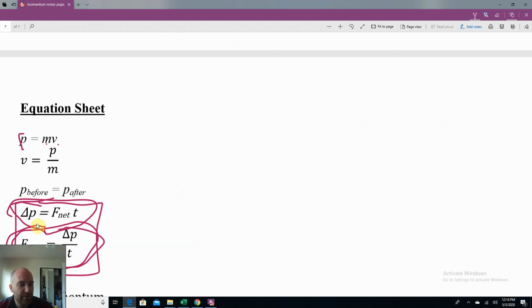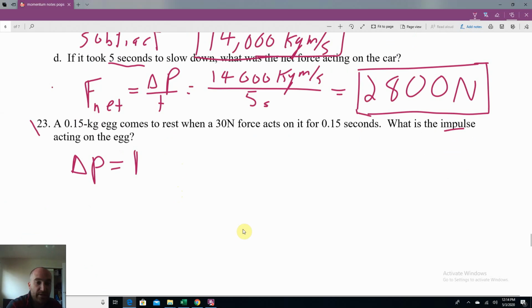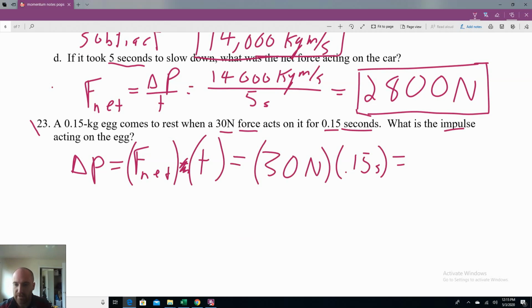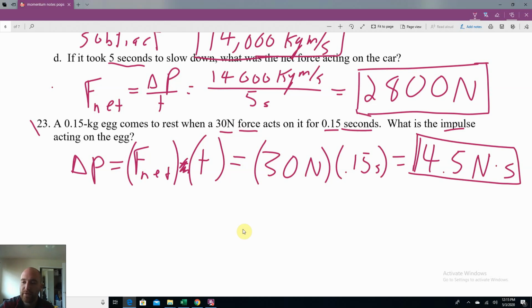Delta P equals F times T, because it's an equation for the change in momentum, which is what impulse means. Oops. F net times time. Okay, the force was 30 newtons, a 30 Newton force, so we're going to plug that in there. And then the time, right, time is measured in seconds, so it must be this 0.15. Alright, 30 times 0.15, do that math carefully in your head. I got 4.5, and the unit is newtons times seconds, because that's the math that we did. There we go. So impulse, kind of tricky, but